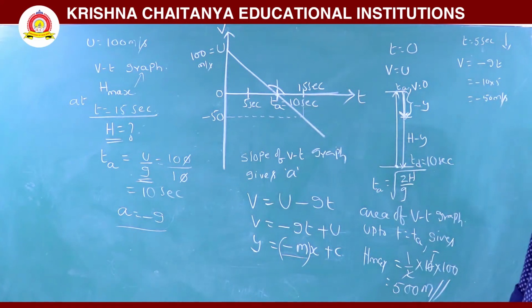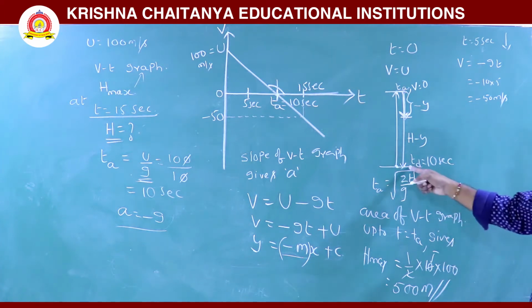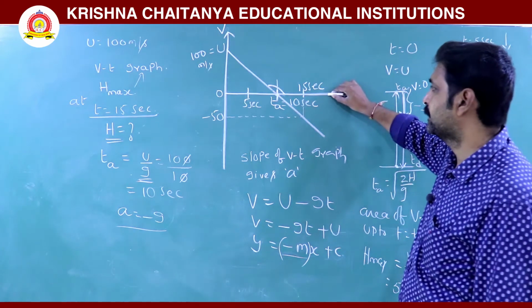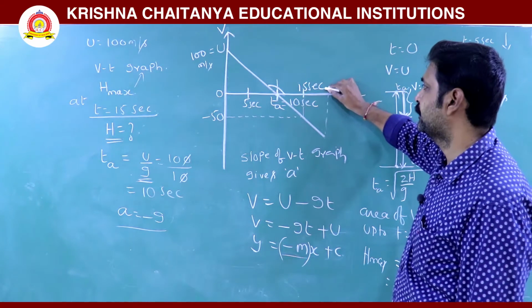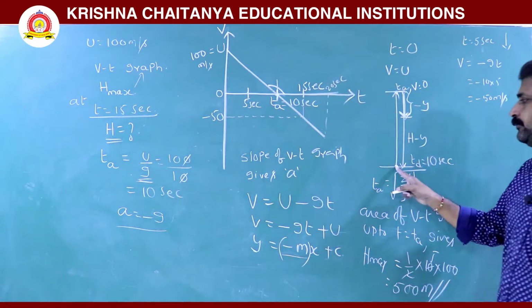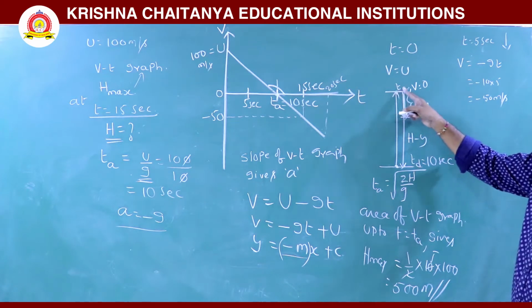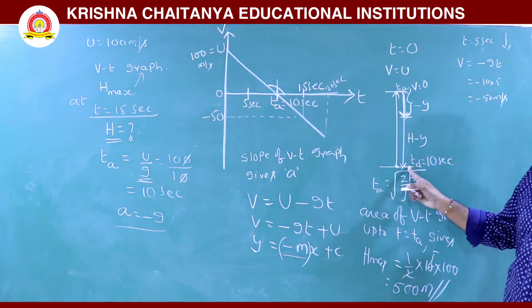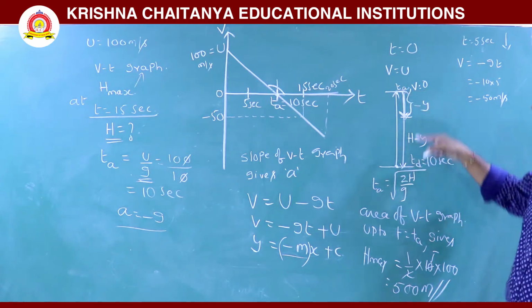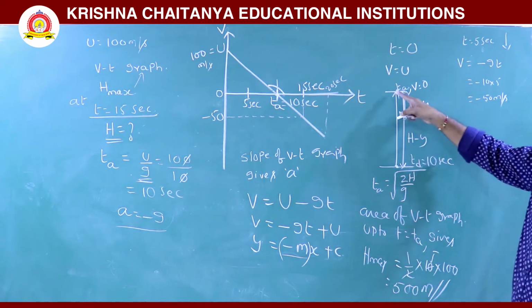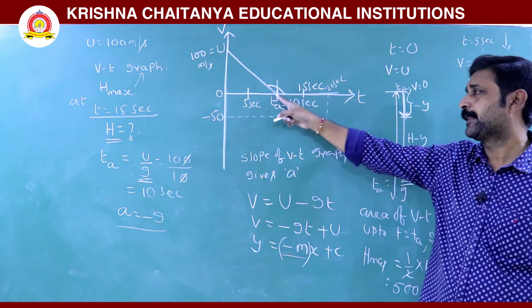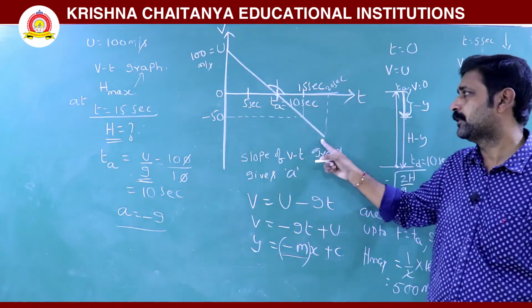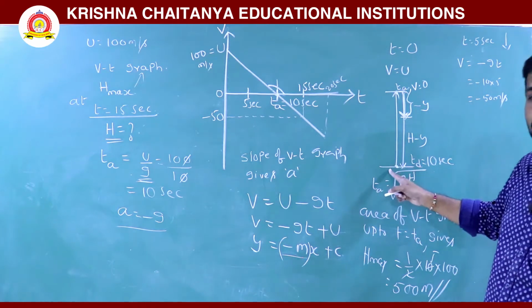velocity is minus 50. Now when it comes to the ground, time of descent is 10 seconds, total time will be 20 seconds when calculated from the projected point. Total time of flight, meaning time of ascent plus time of descent, is called time of flight. Total time of flight is 20 seconds. Okay. During the descent, after reaching maximum height, that is after 10 seconds, for 10 more seconds velocity is in the downward direction. So it is negative. When it reaches the ground, the projected point.